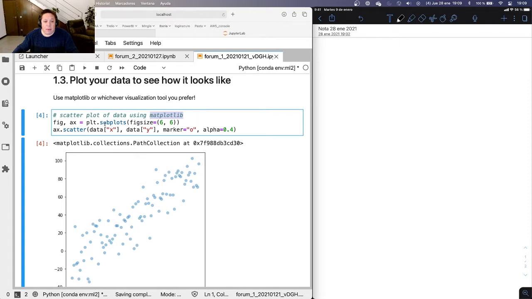The way I like to use it is to define the figure and each one of the graphs that we will create, using subplots, that you could also use directly